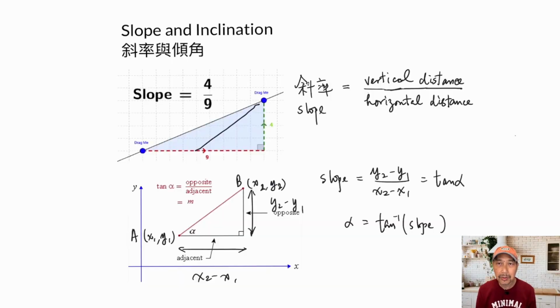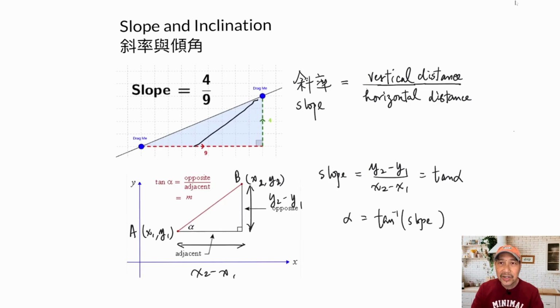In today's episode, we are kicking off a new chapter on straight lines in the coordinate system. Before we dive in, let's take a moment to review some key concepts we learned in Form 3: slope and inclinations. Let's recall the definition of slope in Form 3. The slope is defined as the vertical distance divided by the horizontal distance, serving as a tool to measure the steepness of a line. It's important to note that the term slope refers to both the measurement of steepness and